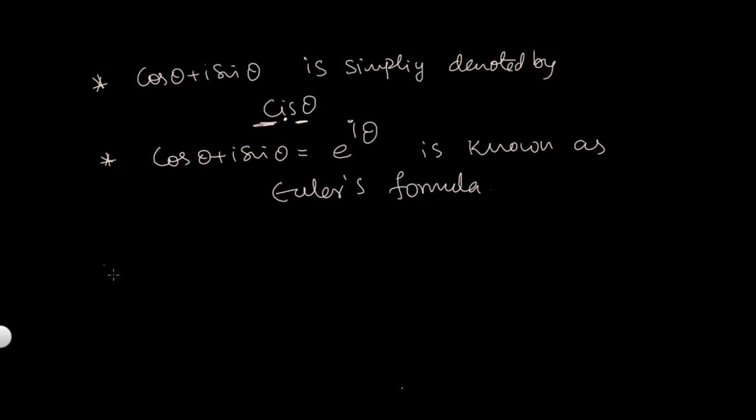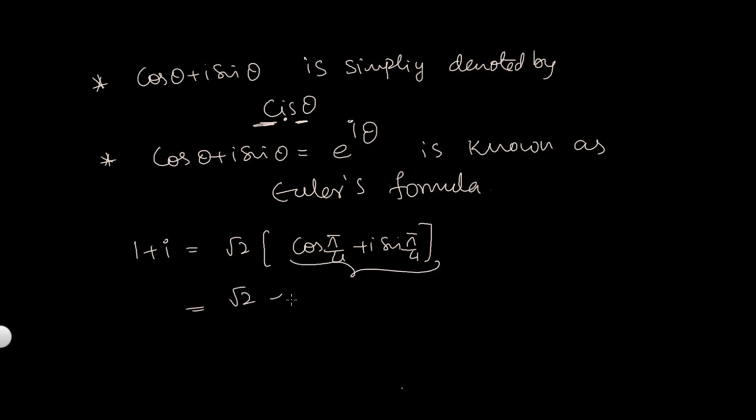Already we got 1 plus i equal to root 2 into cos pi by 4 plus i sin pi by 4. Now simplify in the short form: we can write r into cos theta plus i sin theta, that is root 2 into e to the power of i pi by 4, or root 2 into cis pi by 4 in the short form. In objective questions, only this term will appear.